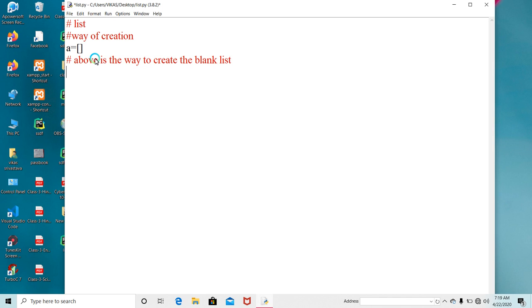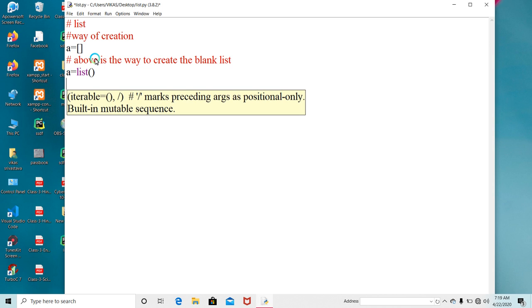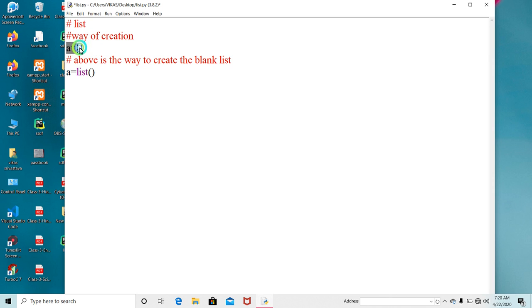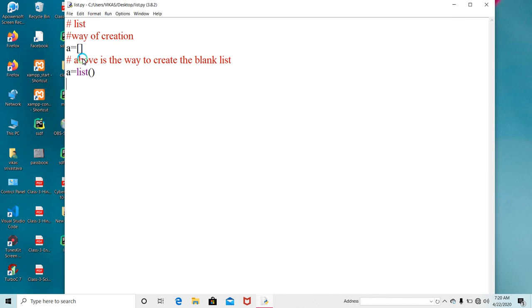By using the list function you can also create one, a is equal to list. This is also a way to create an empty list. Either you may use this one, or you may use that one. Both are the same here. Look here, no error. That means it is the correct way. So that is a way of creating the list.